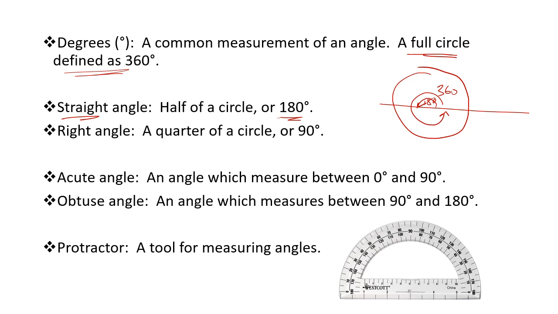Again, we can think of this either as this rotation. The 360 degrees would be a full rotation, and then 180 degrees would be just half of that. It would be a half rotation.